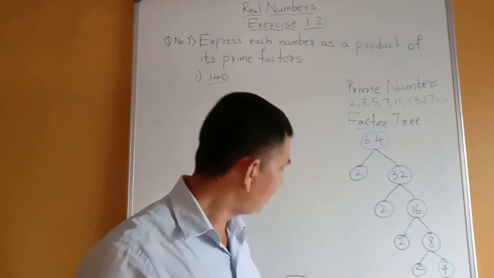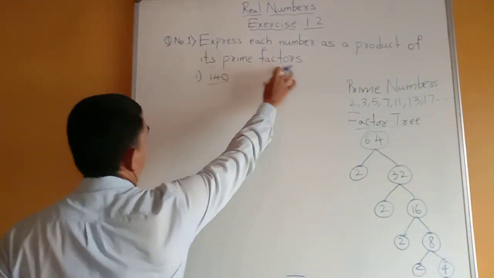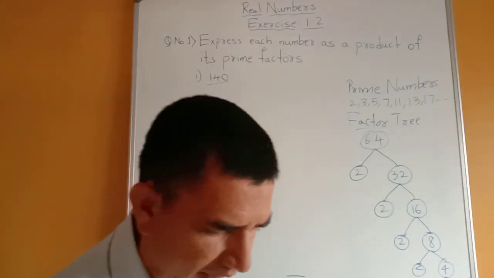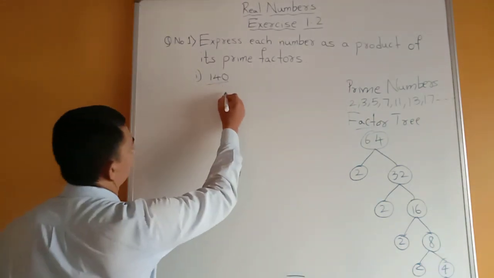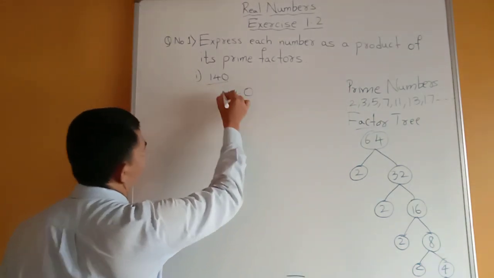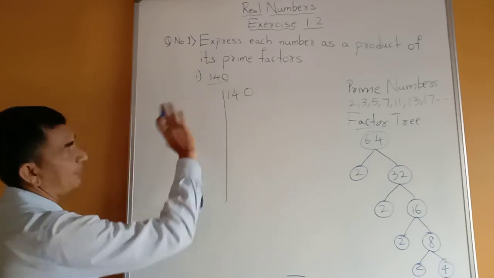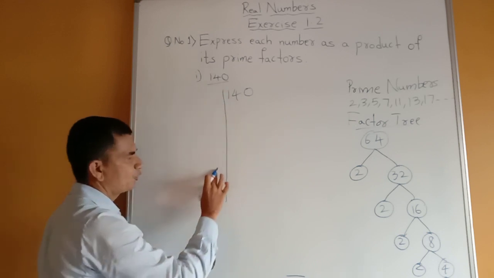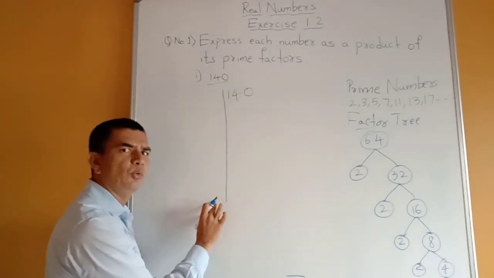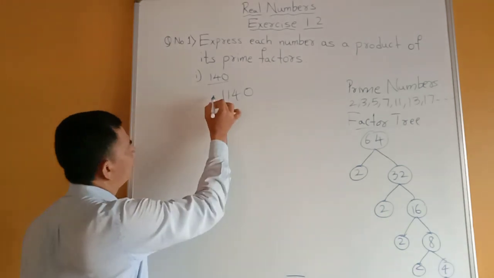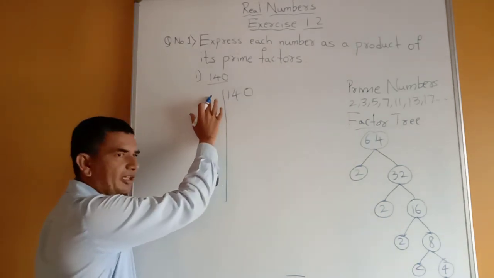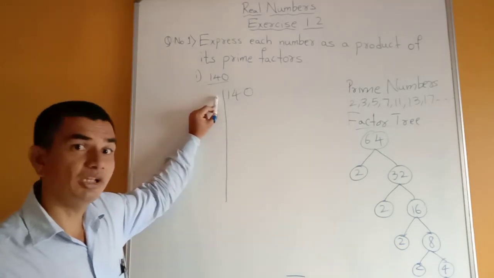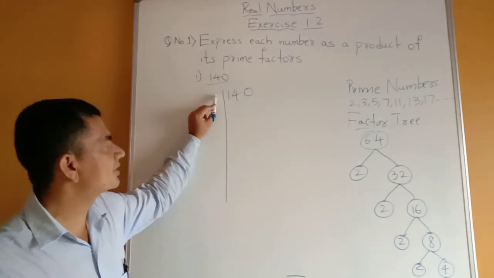With the help of prime factors, we have to find the prime factors of 140. Okay, now let us start how to do that. Now we have to write here 140. This is the prime factor method. Remember that the numbers which come here should be prime. One thing we have to remember here: always we have to start from the smaller numbers. First we have to take the smallest prime number.